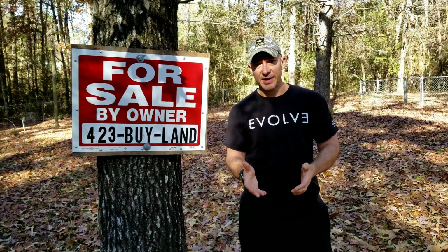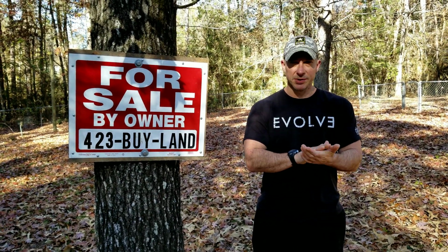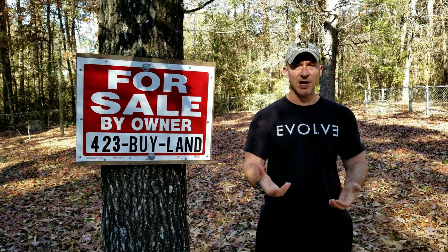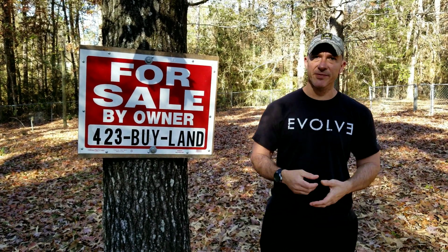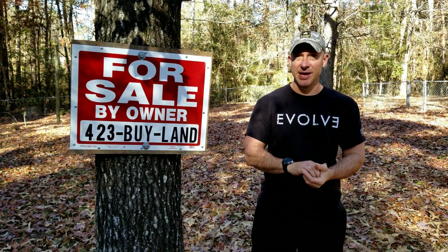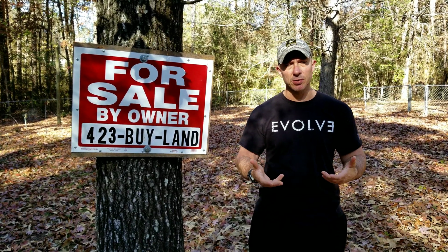This property are 3 lots together, lots 16, 17, and 18, block 5, section 5. And we're going to walk this property today. Development, development, development. People always ask me about developing. It's very, very difficult for me to get fully developed properties. You know, to what extent does this develop? It's nearly completely developed. So we're pretty happy on that. The only thing that you have to do is a septic installation. It'll run you approximately